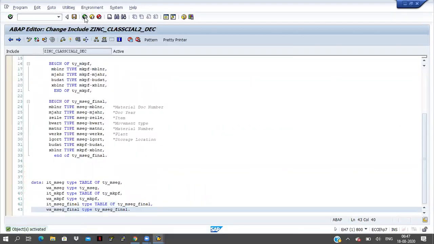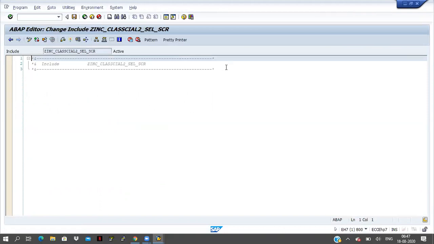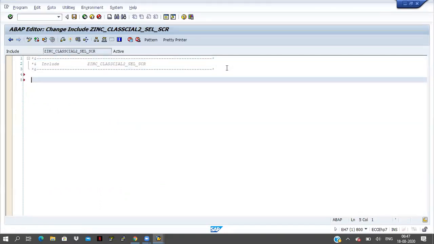Click on back button. Now I have to go for the selection screen. I have designed one input screen here. Double click on this include, the second include. Here I have to mention selection screen, begin of block. The block name is material document information, with the frame.